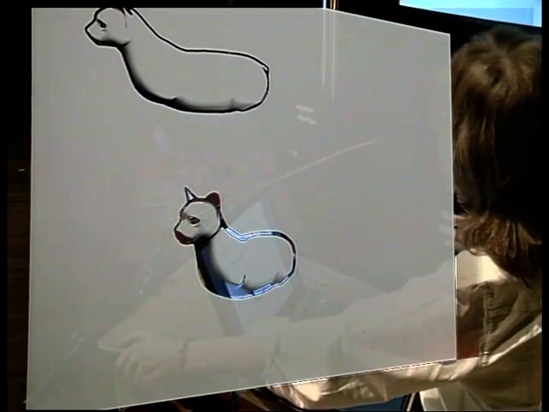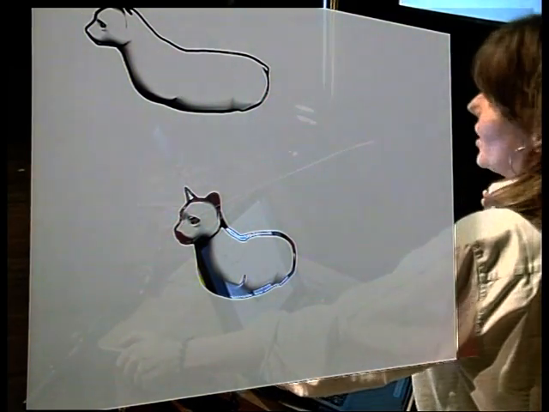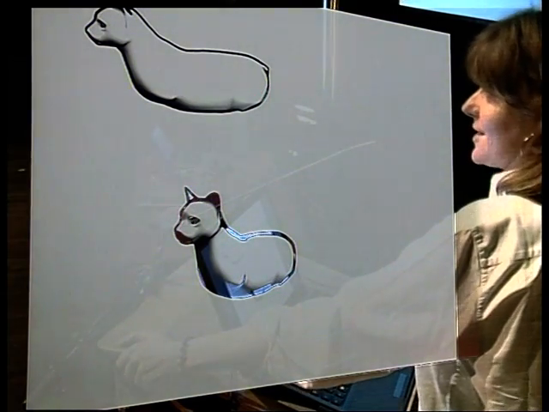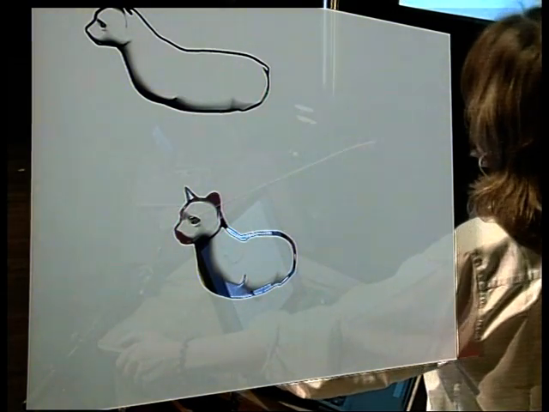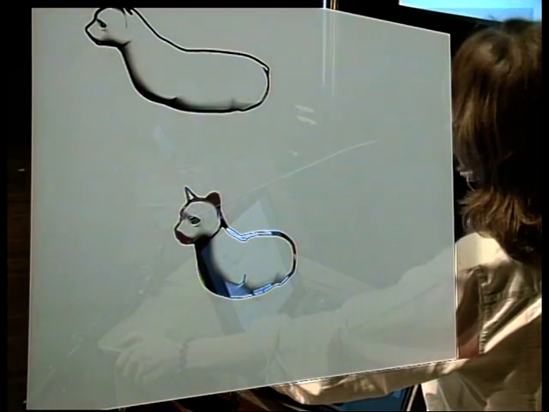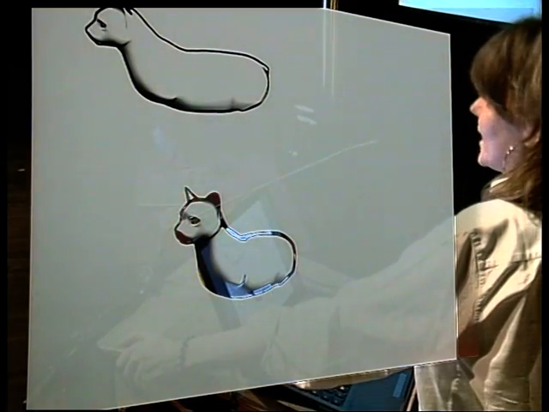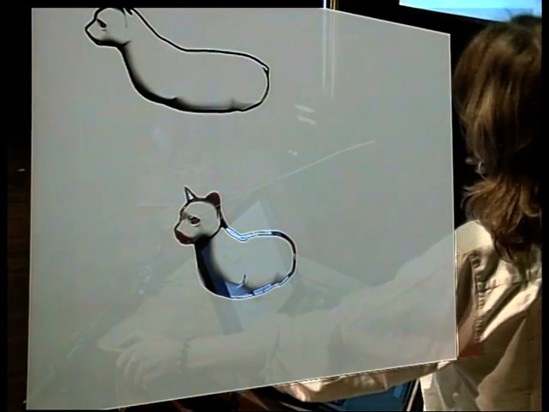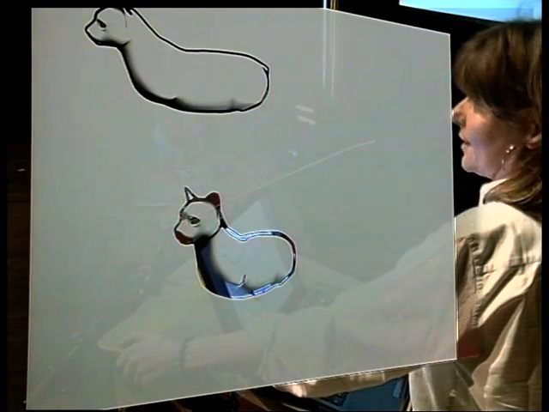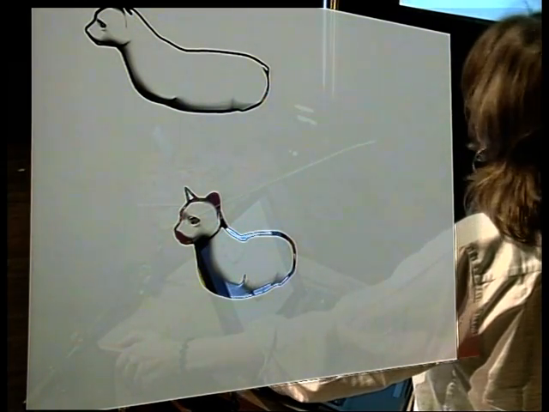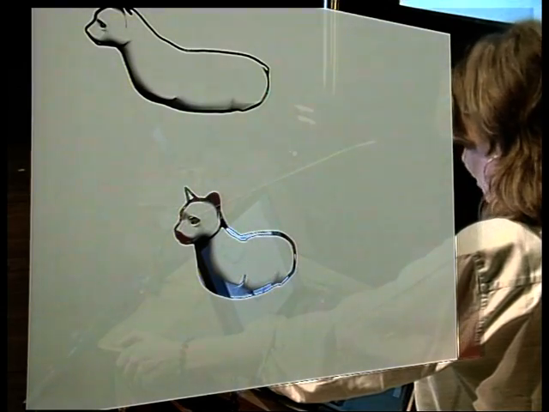Now, it's not quite a real cat, but it does give you a lot of information. It gives you an idea of the general shape. It tells you how the bones are placed, and the cat is actually still alive. It can breathe, it can eat, and do all of its functions.